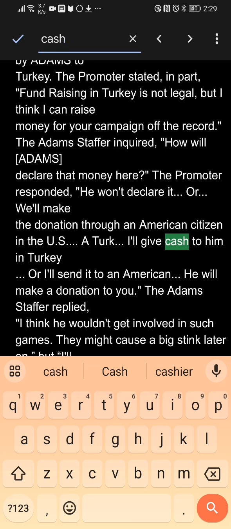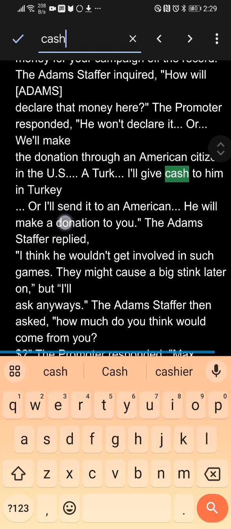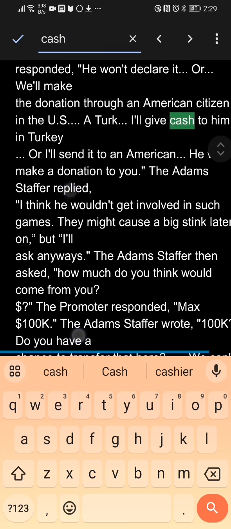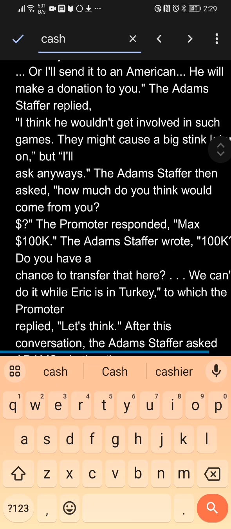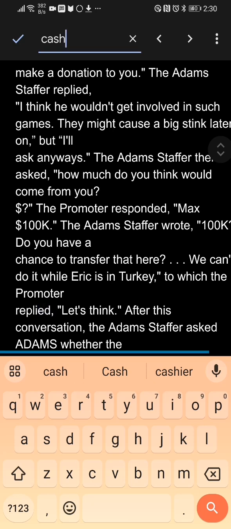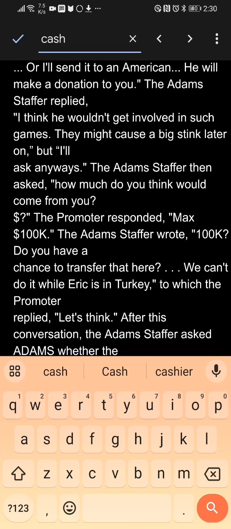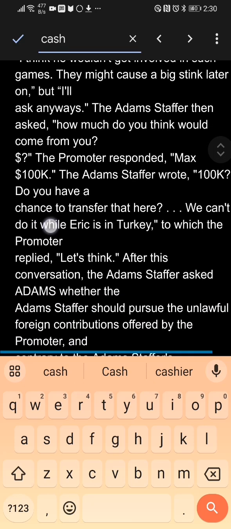The Adams staffer replied, I think he wouldn't get involved in such games. They might cause a big stink later. But I'll ask anyways. The Adams staffer then asked, how much do you think would come from you? The promoter responded, max 100K. The Adams staffer wrote 100K. Do you have a chance to transfer that here? We can't do it while Eric is in Turkey. To which the promoter replied,